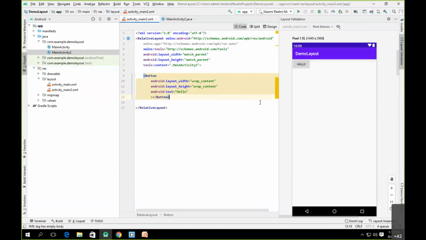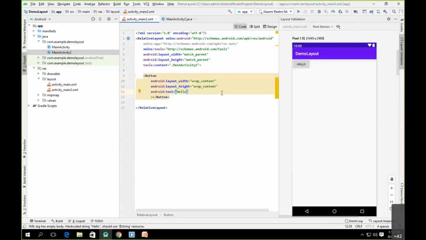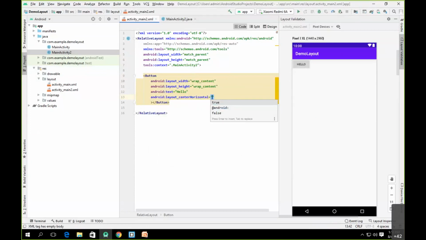Now, if I want to align this particular button with respect to parent, I have to give the relative position of this button with respect to parent. Now, how we can give the relative position with respect to parent? Let's try to see. So the first relative position that we have, center horizontal. Now center horizontal means this button will be displayed horizontally central position.